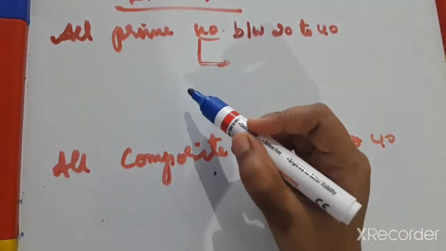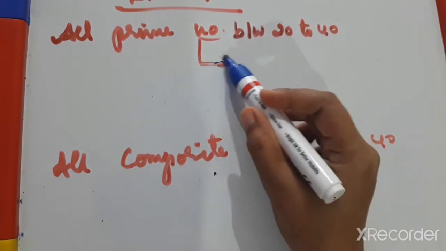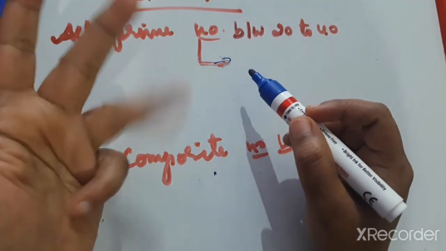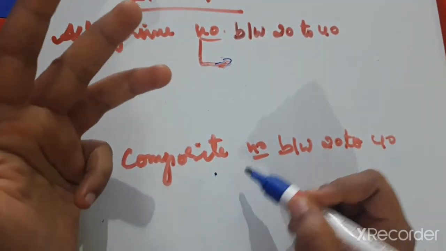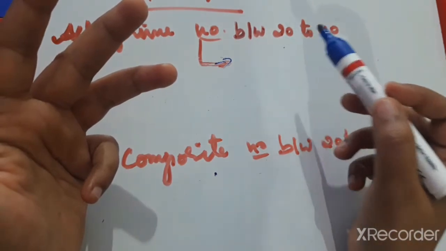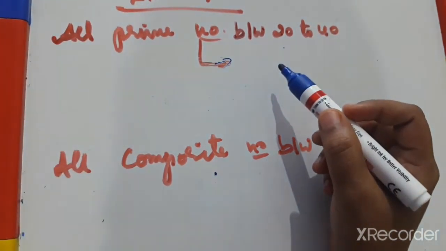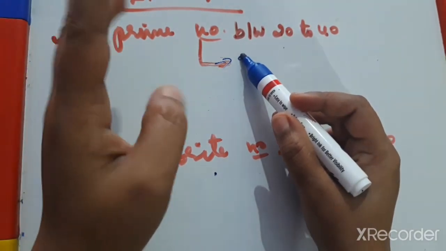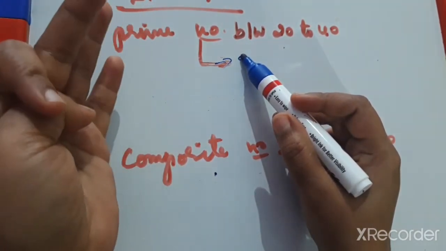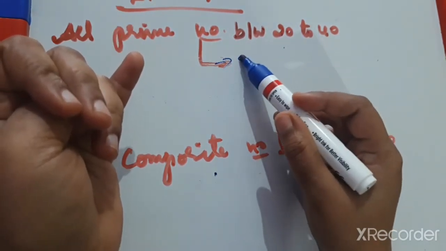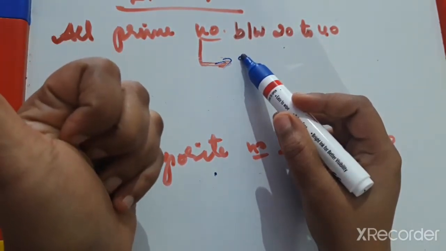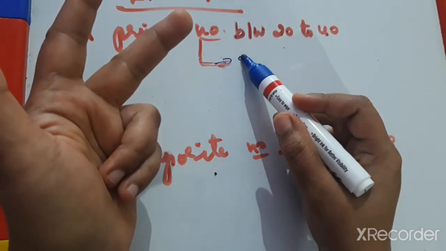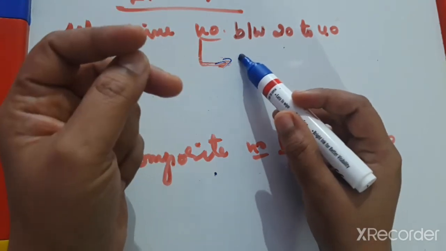Is 20 a prime number? No, 20 is not a prime number because 20 ones are 20, 1 twenty is 20, 1 is a common factor, and 4 fives are 20, so 20 is a composite number. Between 20 to 40 means we have to check the next number. Is 21 a prime number? No, 21 means 3 sevens are 21, 7 threes are 21, 21 ones are 21, so 4 factors. Is 22 a prime number? 22 ones are 22, 1 twenty-two is 22, 11 twos are 22, so more than two factors.